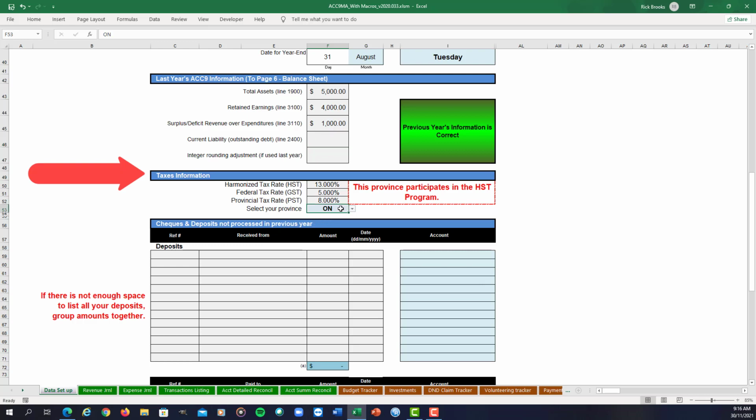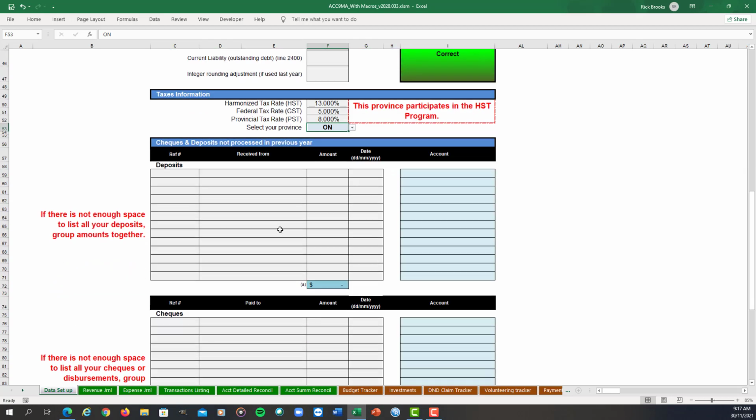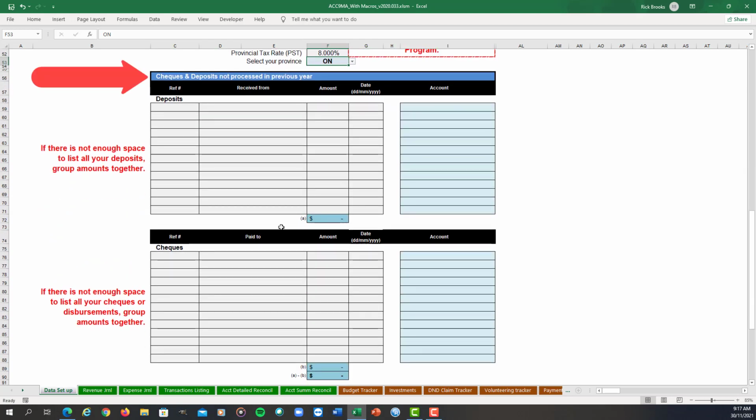So simply enough, you pick your province. If we were to pick Quebec, we would see that it is a PST GST type province and does not participate in the HST program, and the tax rates are set. If we pick Ontario, we see that it is part of the HST program, breaking down the GST and the provincial PST. And finally, on this page, we're going to look at the previous year's deposits or checks that were